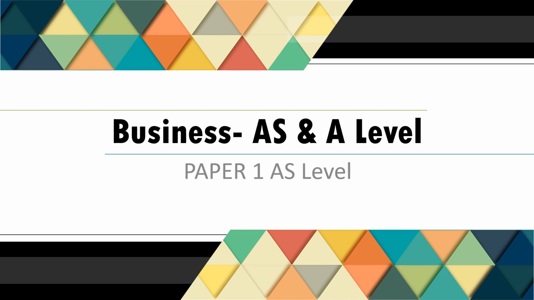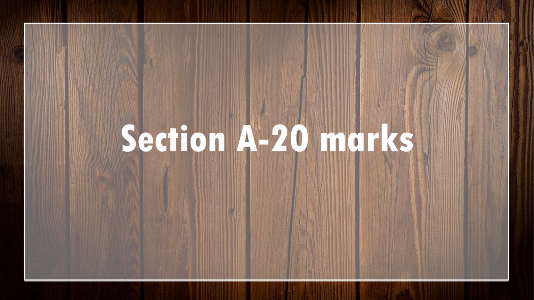So, let us see the paper structure. Paper 1 structure. It will be divided into two parts, section A and section B. So, let us see together section A. Section A comprises of